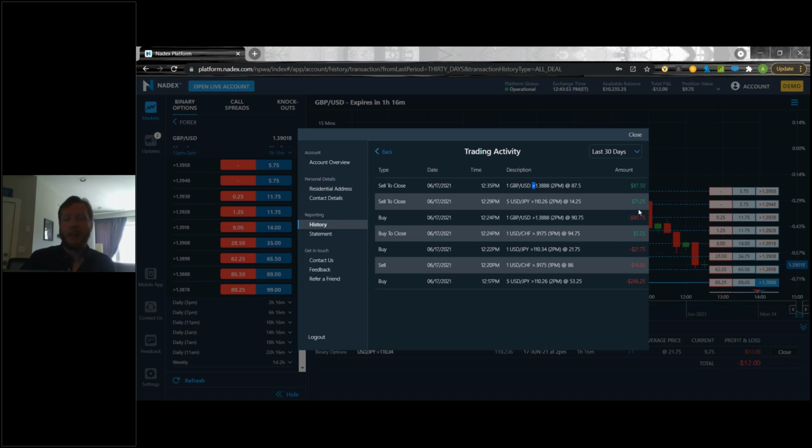Or sorry, this is not profit or loss. This is actually how much I paid to get in and how much I got out of the contract, right? So I paid $266 to get into these $5 yen contracts. I got back $71 when I got out of those dollar yen contracts. If I were to put these two numbers together, that is my profit and loss, which is right around almost 200, like 190 or something.